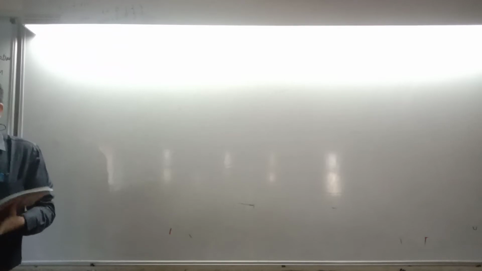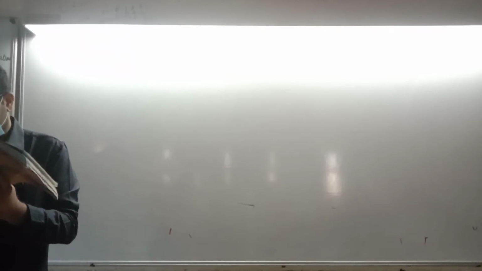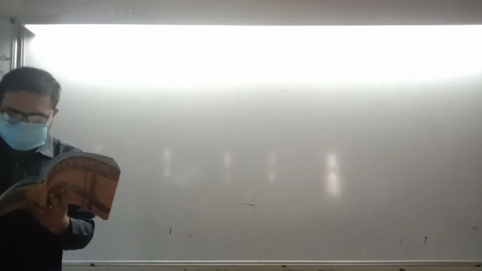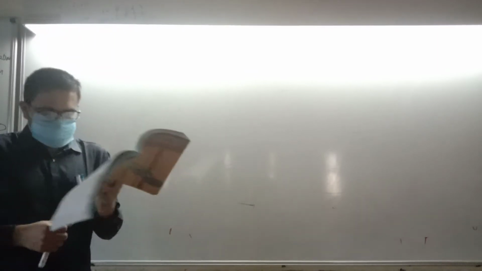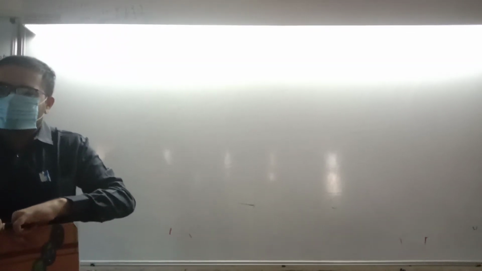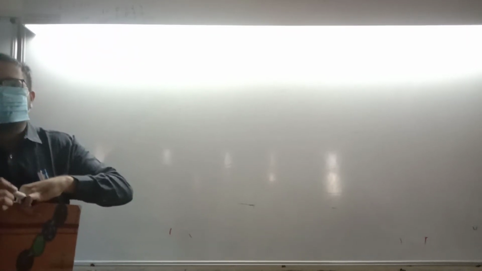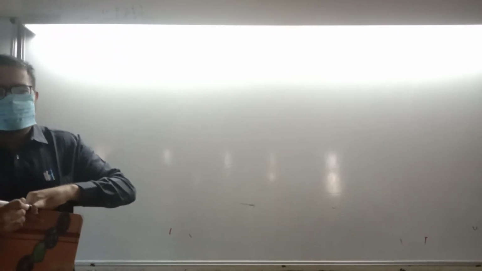Now there are many questions related to Q in this exercise, right? So we're going to start with question number 15. It says the following reactions are given, state whether they are endothermic or exothermic. How do you decide? Q positive, exothermic. Q negative, endothermic. So basically we have to find Q.